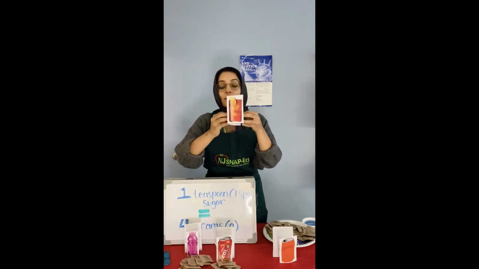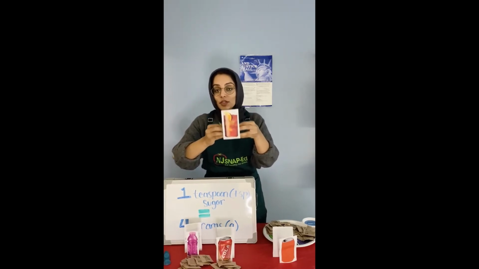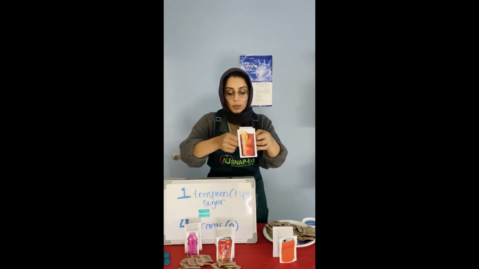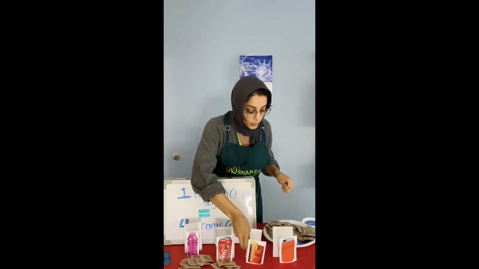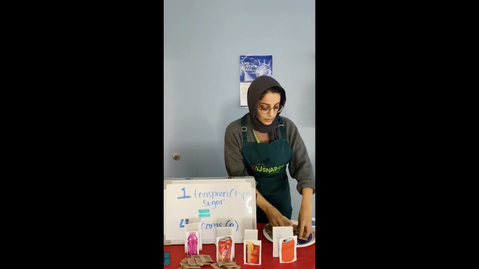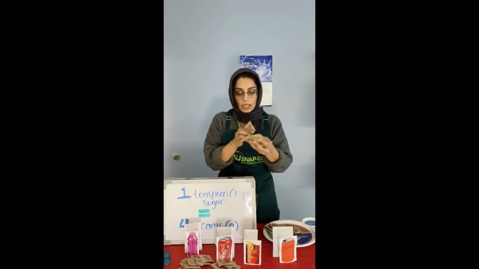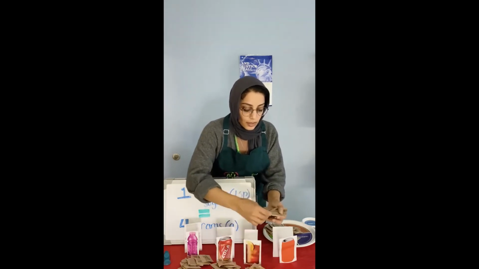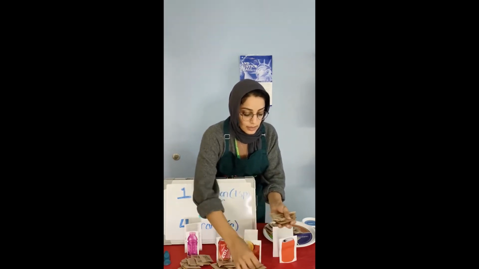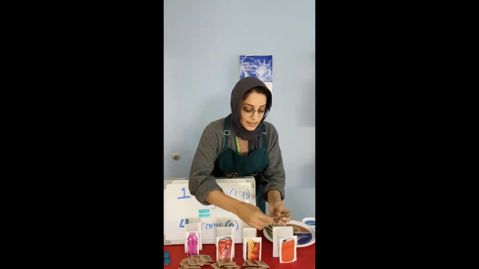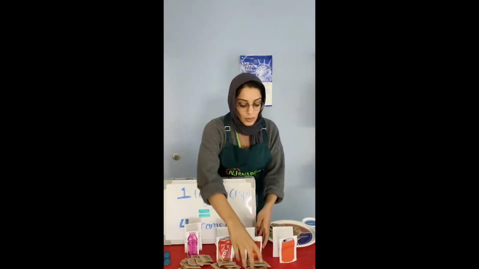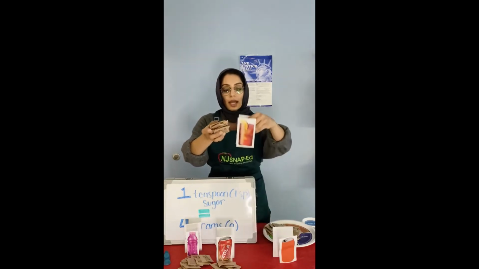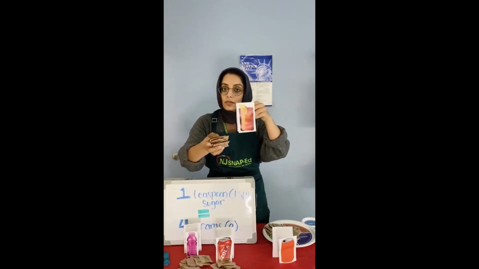This iced tea has 43 grams of sugar. So if we convert that, it's almost 11 teaspoons. We take 43 divided by 4, and we get 11 teaspoons of sugar. So 1, 2, 3, 4, 5, 6, 7, 8, 9, 10, 11. So again, all the sugar is what we would be consuming if we are having 1 serving of this iced